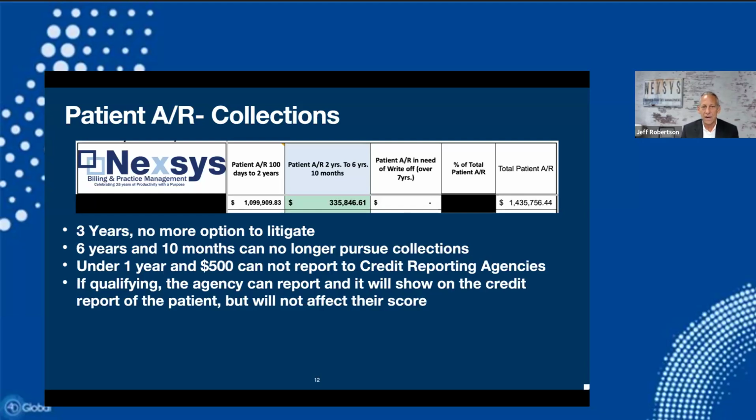And it may or may not end up on the credit report, and it may or may not affect their score. Likely it won't. But it's another step to kind of get the patients' attention and get them to pay. But once consumers learn that there is no real recourse to paying, because it's not going to affect their credit score and may not even land on their credit report, there's no incentive to pay. So all these things that we're talking about, outreach and using AI, is to get the patient to meet